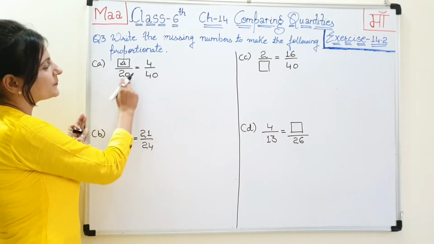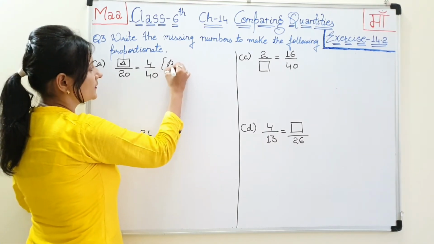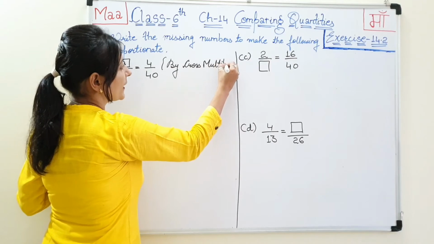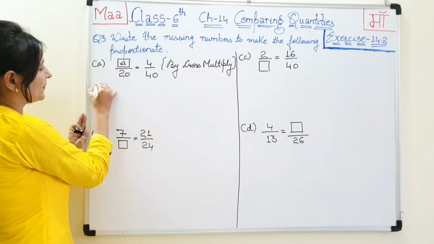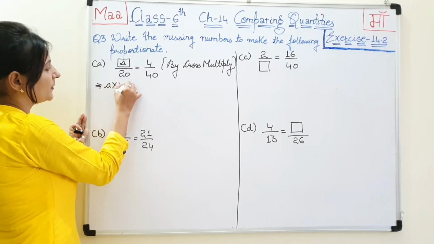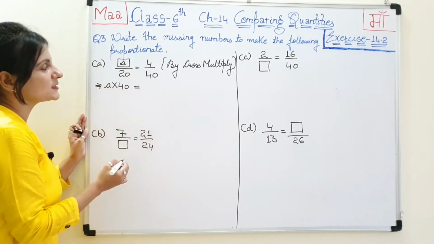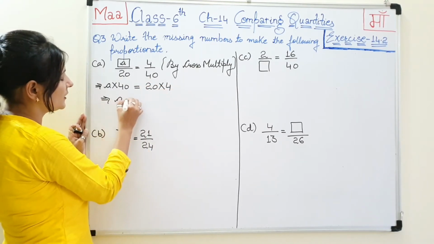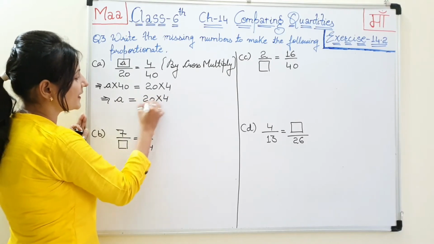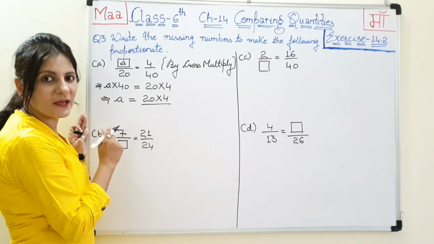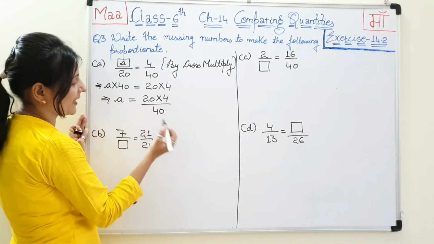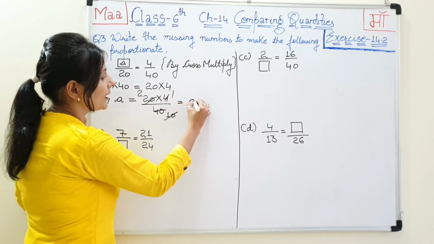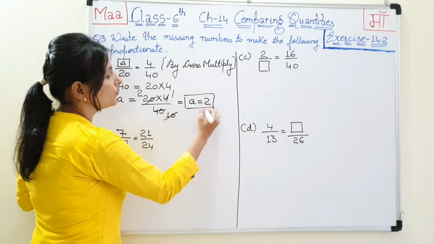अब बहुत सिंपल है, इसको आप कैसे करोगे, सबसे पहले आप इसको कर दोगे क्रॉस मल्टीप्लाई। सो फर्स्ट स्टेप के अंदर ही आपको इसको करना होगा बाय क्रॉस मल्टीप्लाई। आपको a को 40 से मल्टीप्लाई करना होगा। सो फर्स्ट स्टेप में a विल बी मल्टीप्लाइड बाय 40, और 20 विल बी मल्टीप्लाइड बाय 4। नेक्स्ट स्टेप में जो a है वो इस तरफ ही रहेगा, 20 into 4 will remain that side and this 40 will come in the denominator। अब आप कैंसिल करिए, 4 1s are 4, 4 10s are 40, 10 1s are 10, 10 2s are 20। सो a की वैल्यू आ जाएगी आपकी यहाँ पे 2।